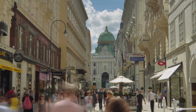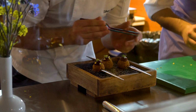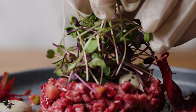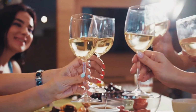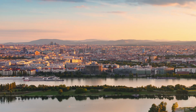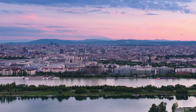As your day in Vienna draws to a close, treat yourself to a memorable dinner at a Michelin-starred restaurant or fine dining establishment. Indulge in innovative Austrian cuisine prepared with the finest local ingredients, accompanied by a selection of premium Austrian wines. Savor each exquisite bite as you reflect on the unforgettable experiences and cherished memories of your time in